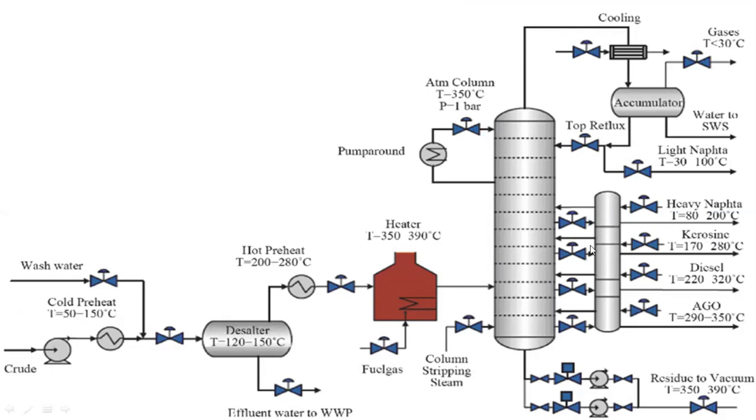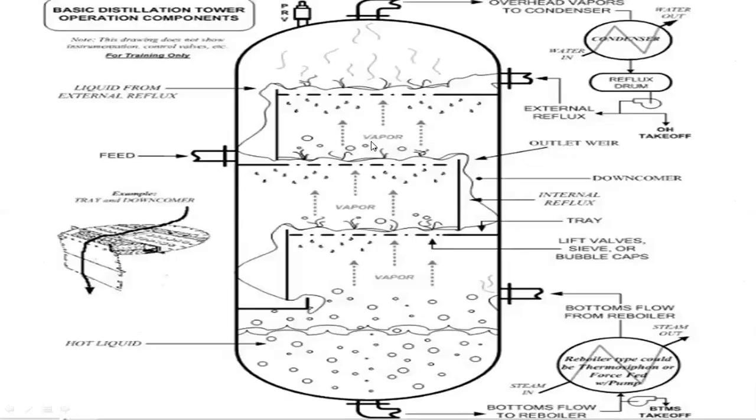Kerosene, again, sent back and collected at different valves. Diesel, sent back and collected at different valves. So like this, you have the total instrumentation involved, basically to see that the total refinement of different oils or different solutions, the different chemicals get separated at the given required temperature and pressures. So if you see what exactly happened, this is a basic distillation tower operation, with the components inside.